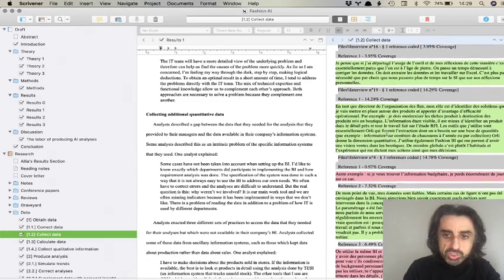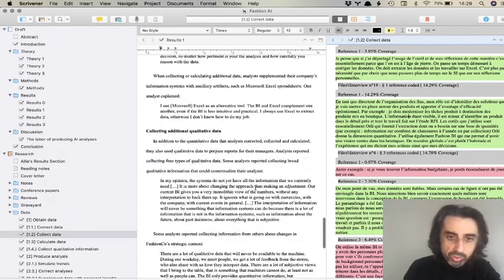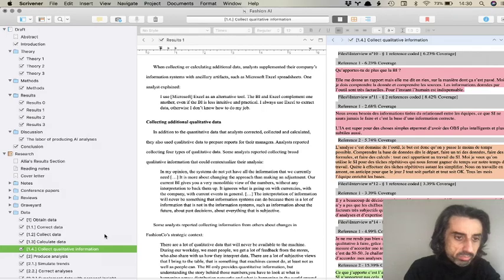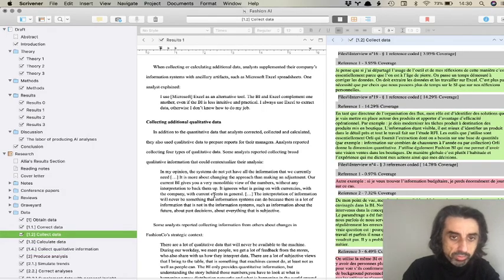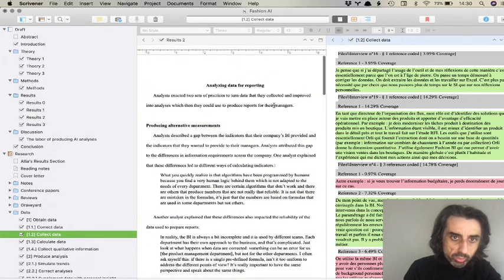Yeah, so there's stuff about collecting quantitative data, but there's also stuff about collecting qualitative information here. Okay, and so I just moved it around and added it here. Okay, good. Then we go down to